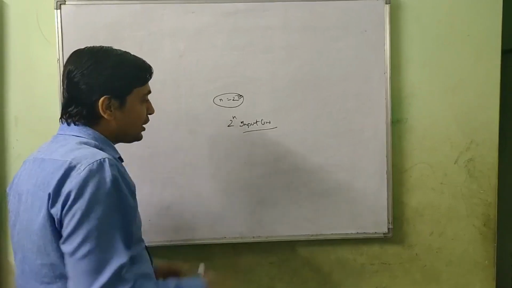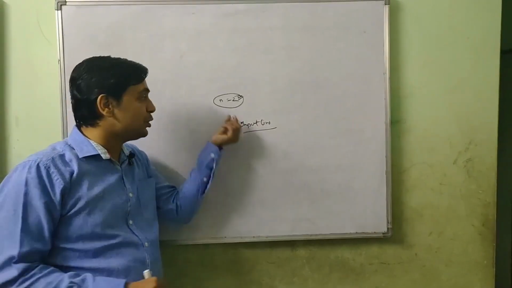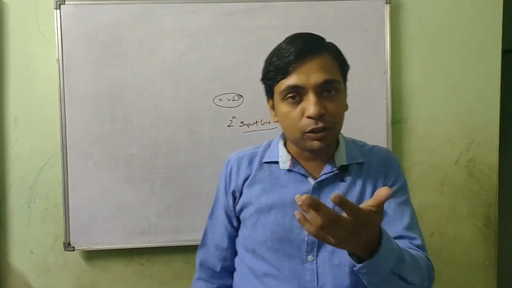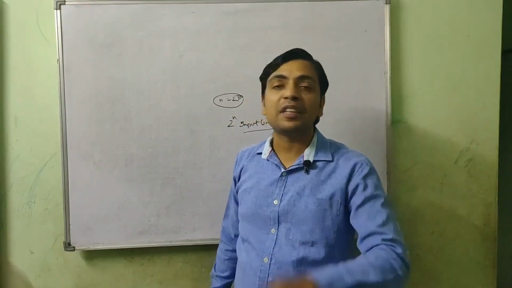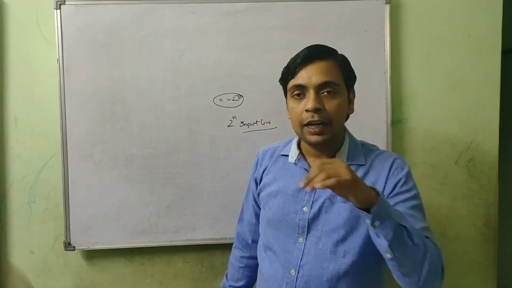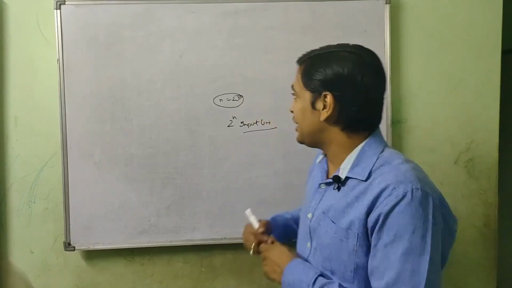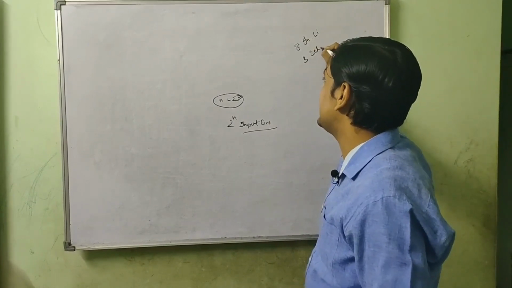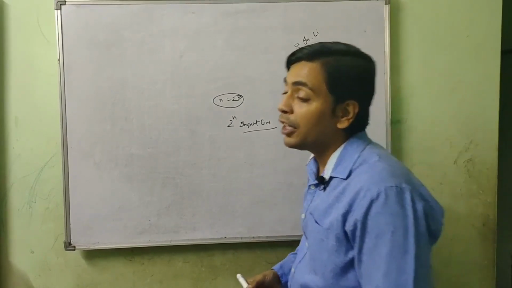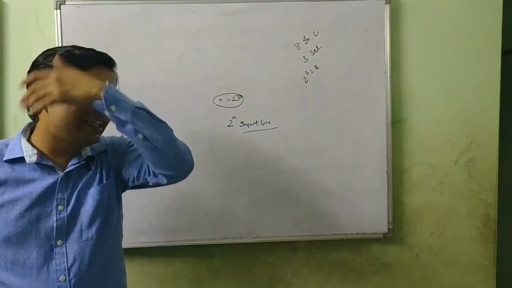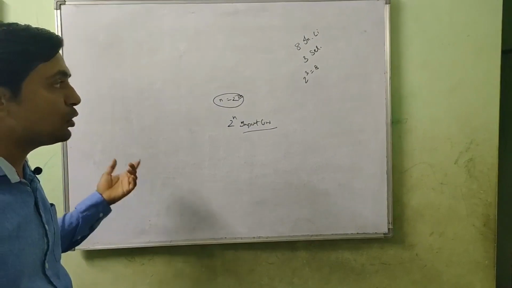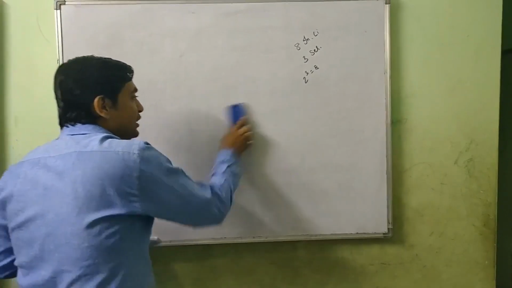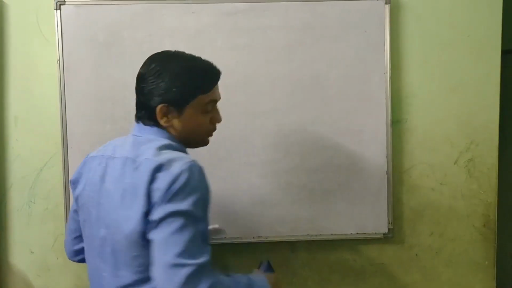Okay, so if you want to work with 2 to the power of n input lines, you need n selection lines. So if I am working with 4 input lines, I need 2 selection lines, because 2 to the power of 2 is 4. If I am working with 8 input lines, I need 3 selection lines, because 2 to the power of 3 is 8. If I am working with 16 input lines, I need 4 selection lines. Okay, definitely out of the given inputs, only one will be selected as the output. Fine. Now let's see how to make the combination circuit diagram of the multiplexer.